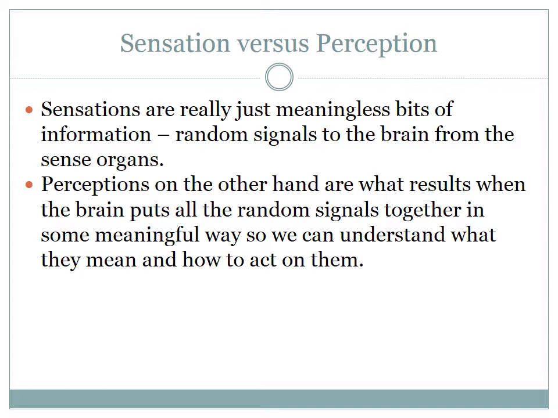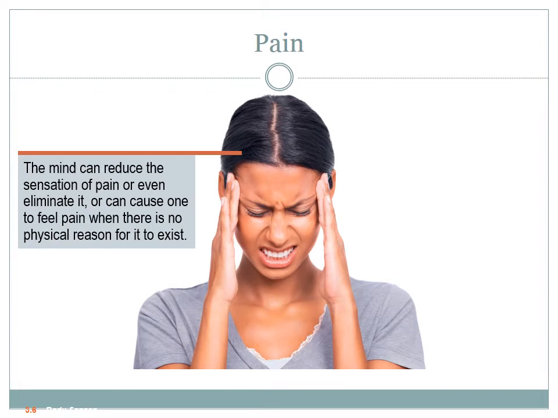So just to get the terms right, the sensations are what our senses take in. See that word, this is a magic word, an easy way to know that: sensation is senses. What your senses take in. Your perception is how the brain puts all that together. So, speaking of sensation and perception,